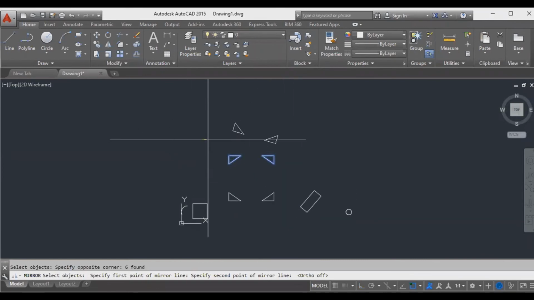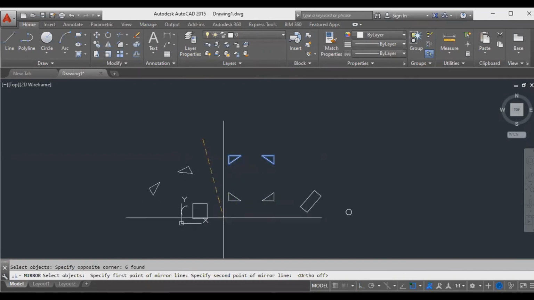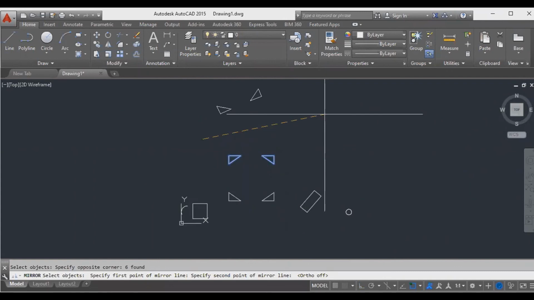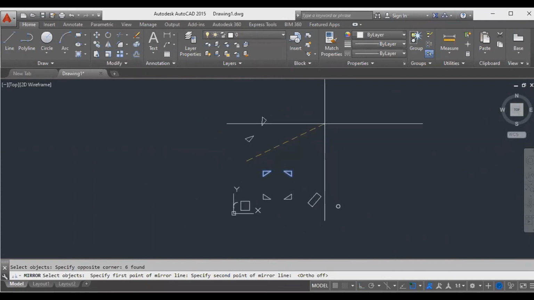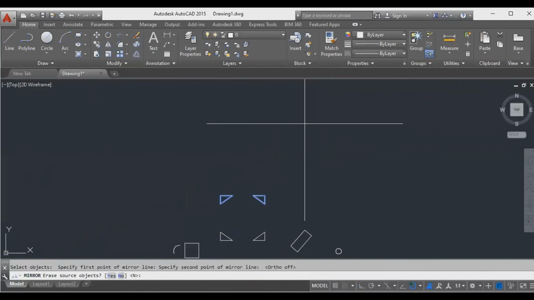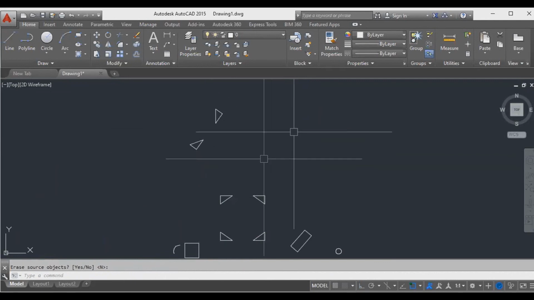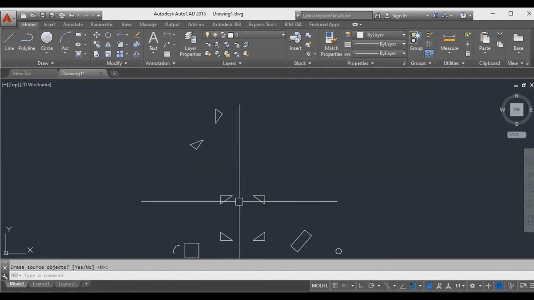This is my first point of the mirror. Wherever you give the second point, the computer will take it as the second point. If I choose the second point here, then enter. See, my first object is here, the second object is here. So automatically the computer will define the value of the mirror length and the direction, then it will be reflected to the other direction. Okay, so this is the way to do the mirror command.